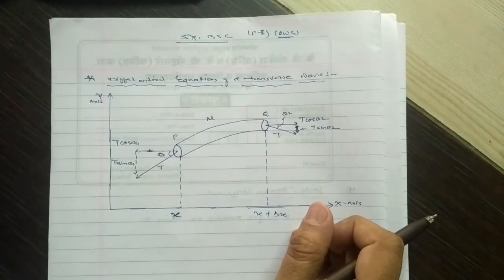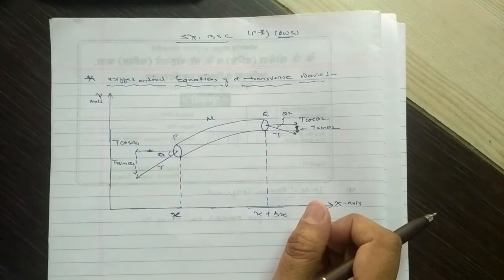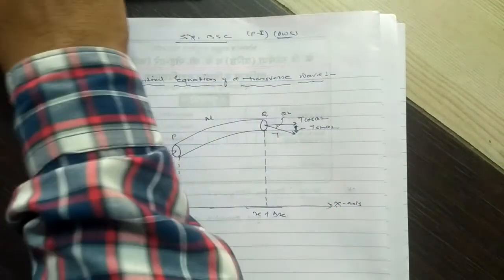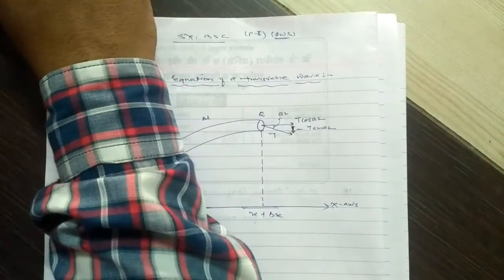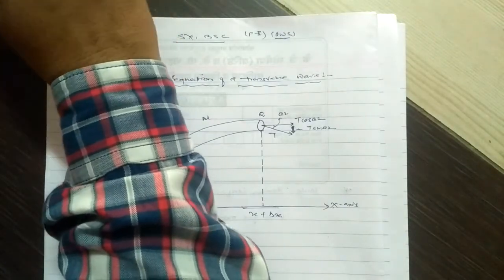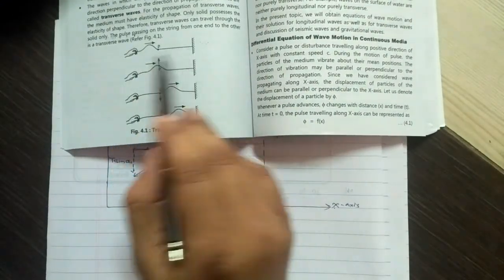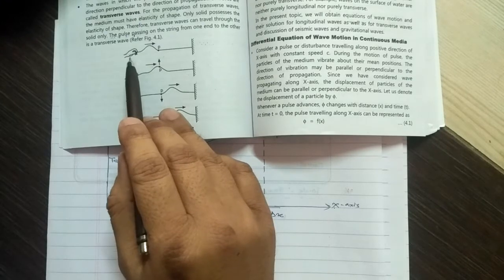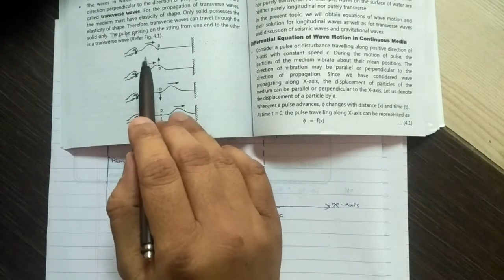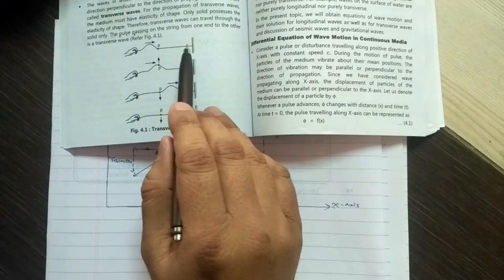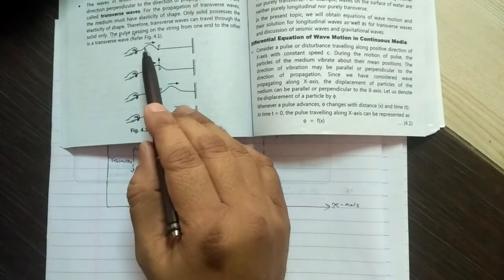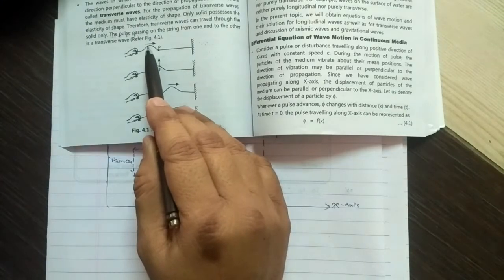If the hand is moved up and down, as we have already discussed in the first article, introduction of waves, transverse waves are seen to move along the string as shown in figure 1. This is the diagram. One end is fixed and the other end is in your hand. We have to move it up and down. The wave will propagate in this direction. We have to study only this part in this article.